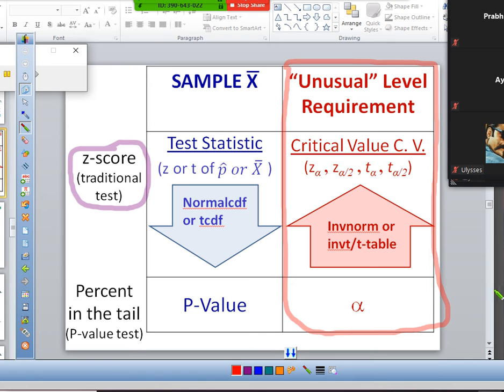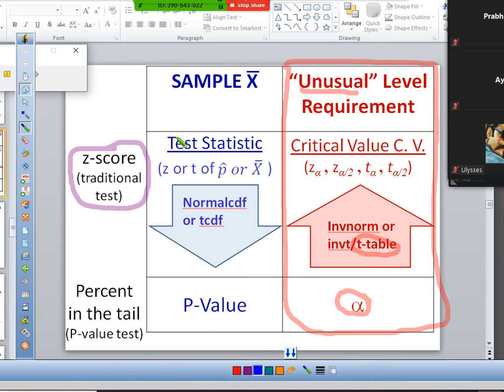It's part of your problem. You decide where your alpha is, and your alpha is what determines what your critical value is, right? You use the alpha, and you look it up on your t-table, and that tells you what your critical value is. So this is based entirely upon alpha. It's fixed for your problem before you take a sample. It has nothing to do at all with the sample. It's just whatever you're going to decide unusual is going to be. You can have alpha be 5%, you can have it be 10%, you can have it be 1%.